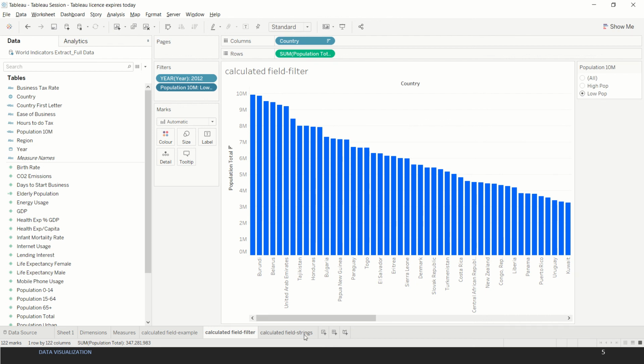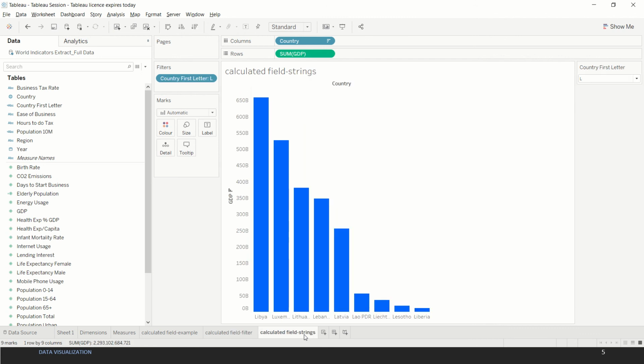Now the last thing is a calculated field for string manipulation. Here what we have done is we're trying to classify countries based on the first character of their name. So for instance, any country with its name starting with A will be classified under A. All countries with the name starting with B would be classified under category B, and so on and so forth.